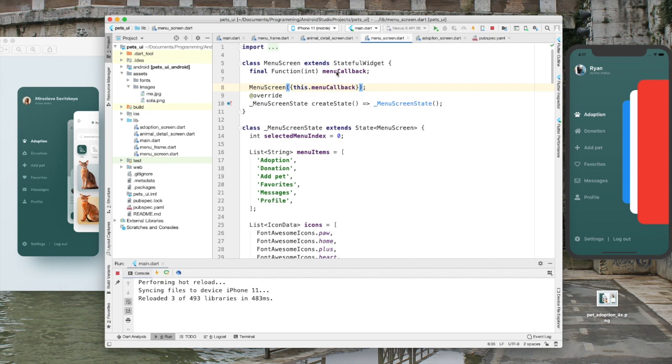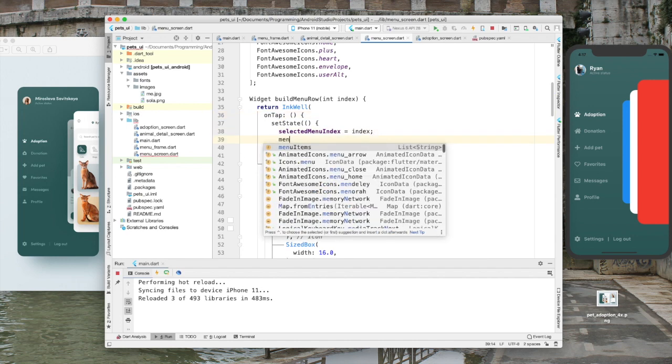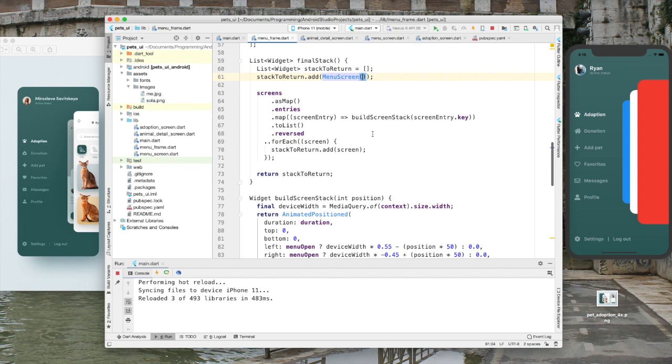Right, and then we're going to use this whenever we select on a tap. So let's say menu callback. That's widget.menuCallback, and you pass the index in. And then when we go into the menu frame, menu callback,